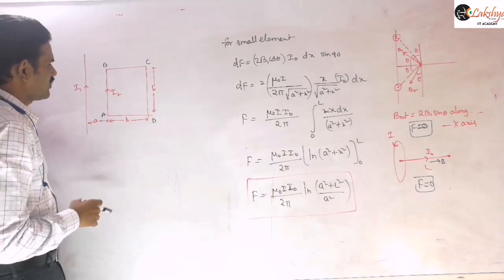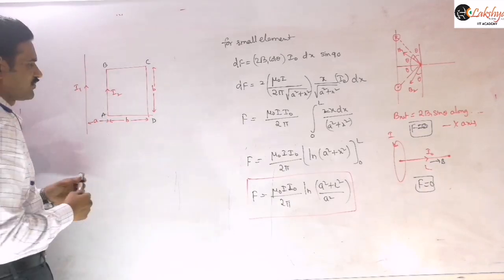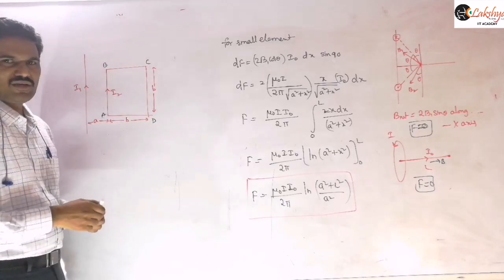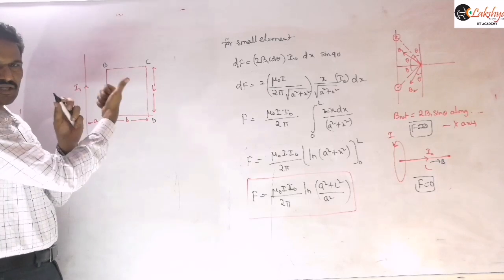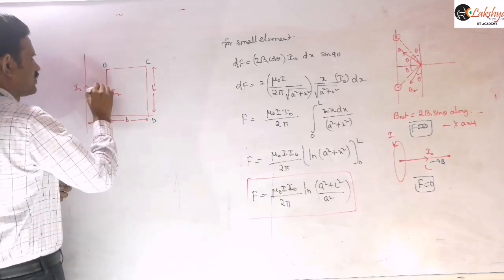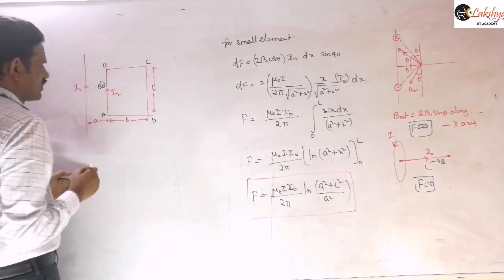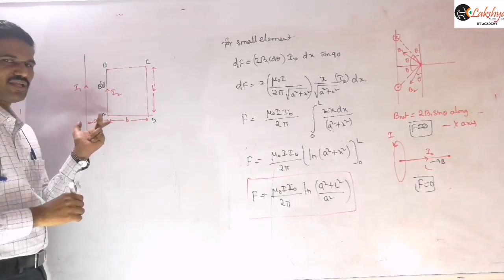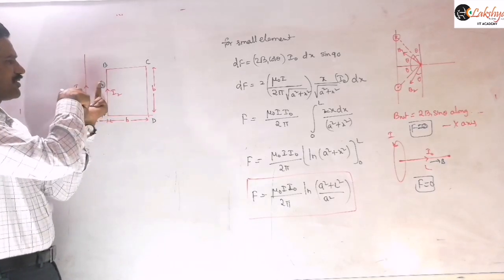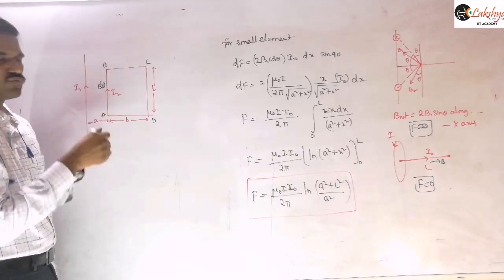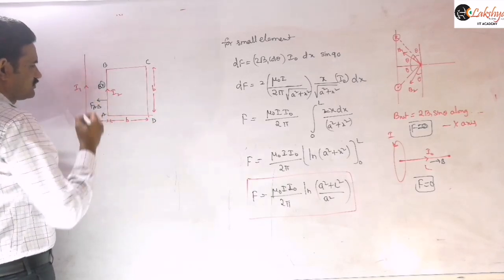Now the force between these two wires, that means the force acting on each side, I am writing here. Everywhere the magnetic field will be into the plane only, because all the conductors are lying on this side only. So if the magnetic field is into the plane, let us identify the direction of this force here. For this conductor AB, the current is upward, so the force will be towards left. So the force acting on this AB will be along this direction.